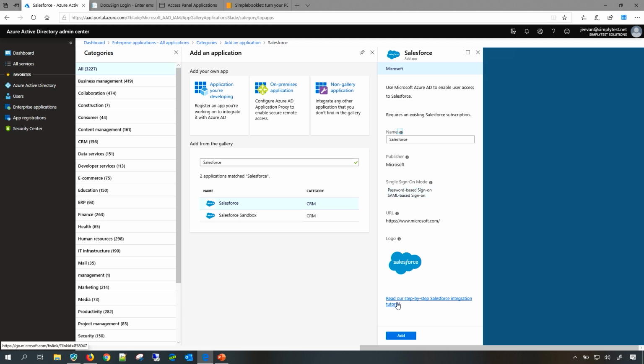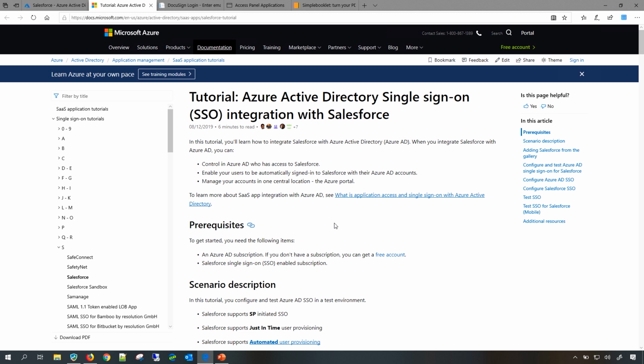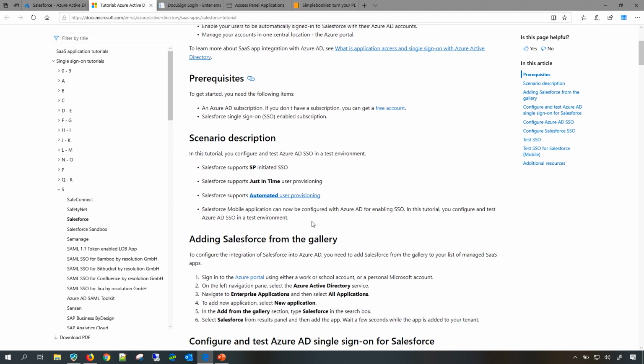Also, it provides me the link for documentation. So I click on this particular link and it takes me to that specific documentation. All these documentations are published in different locales, so based on the browser locale, it will render the particular article. I have set this to English, so that's why it's available right now in English.